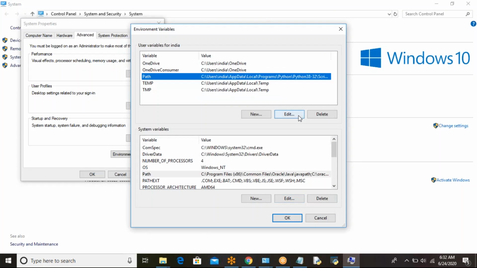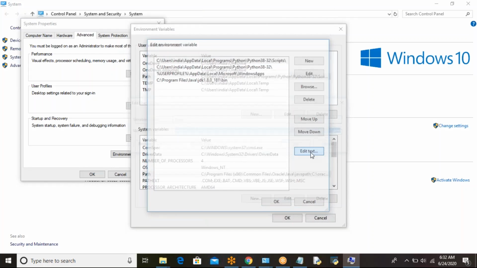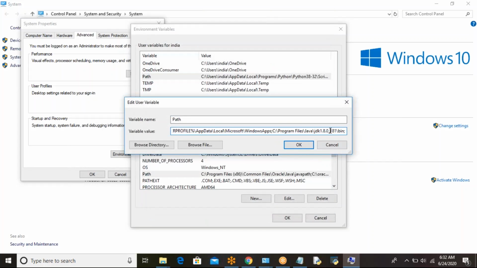I'll select this one, Edit. Edit text option. I know how to add, but I just want to make sure. Basically, it's for networking purposes. We are going to define it in the system variables. Is that right? Yes, because it should be available for everyone. So that means basically the software will be installed centrally, and users will be accessing that location. Exactly.